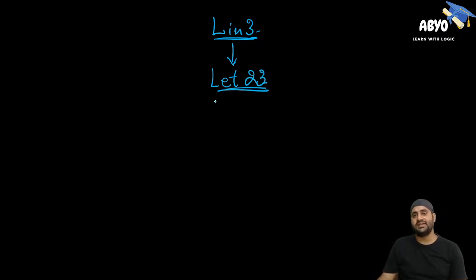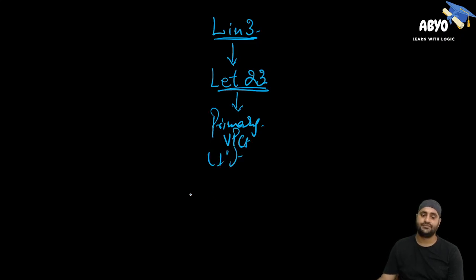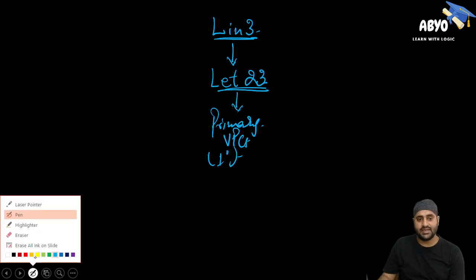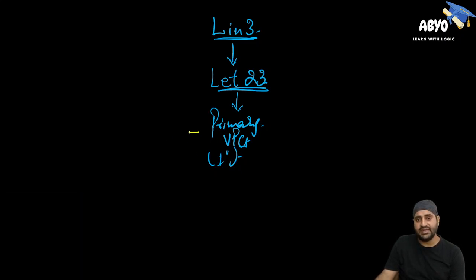Now once the LET23 receptor receives the signal, this is going to form the primary VPC, or you can also call it 1 degree VPC. Now what else is there? This primary VPC will release some substance or compound which is going to activate the specific protein called lin-12, which is present in all the VPCs but in the inactive state. The signal coming from the primary VPC will activate lin-12,